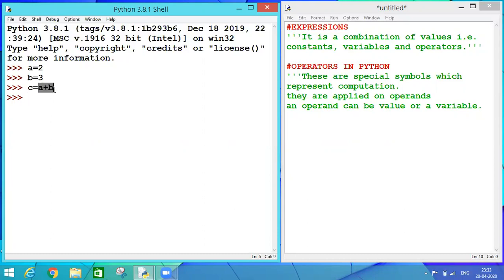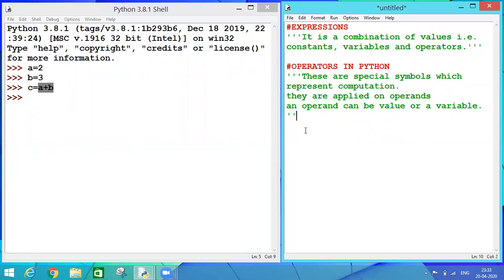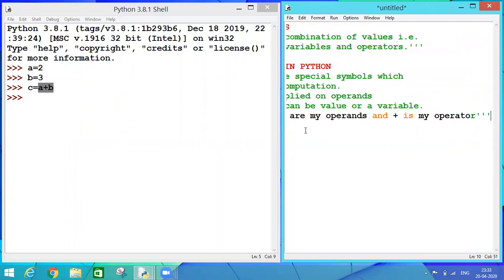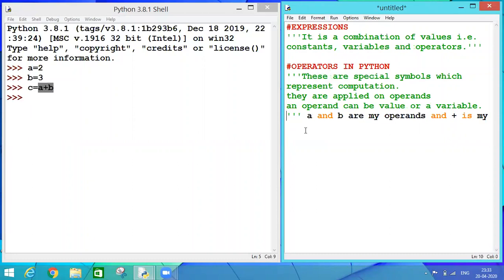So here A and B are my operands and plus is my operator. So A and B become my operands if I'm using the plus operator in between both of them.